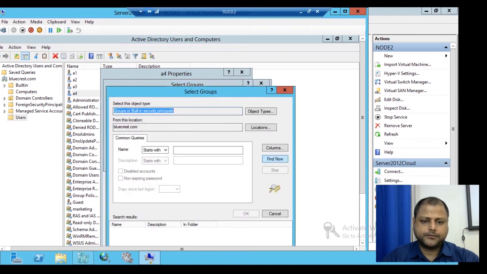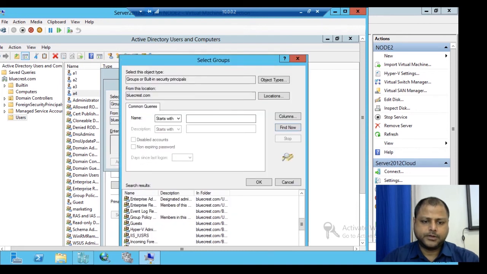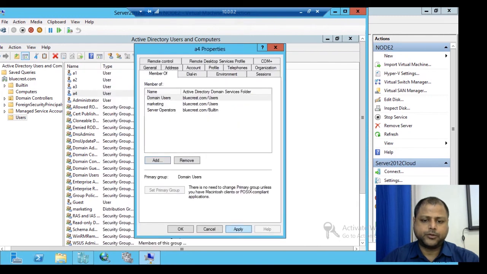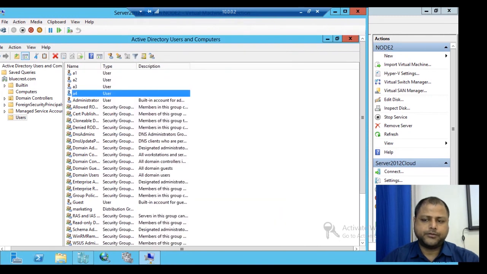Advanced, Find Now, and we'll select the member of the group account so that he can be able to log in. So now we will move to the membership of the group account, the Server Operators group account, which is a built-in group that will give this user account the privilege to log into the system.